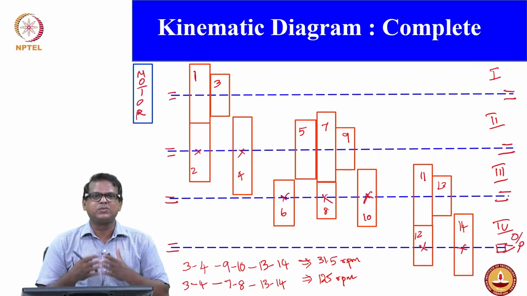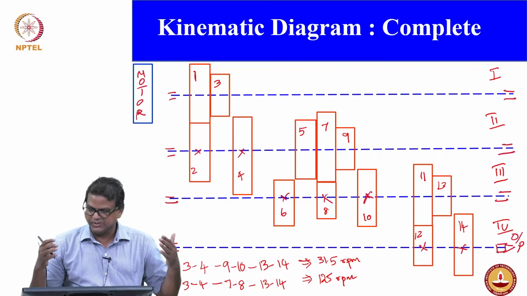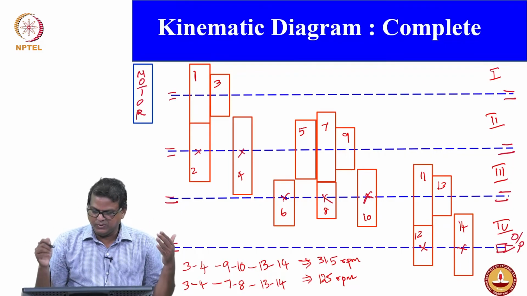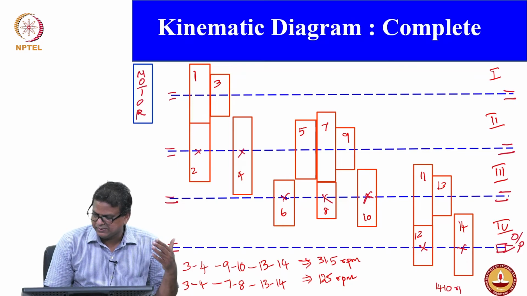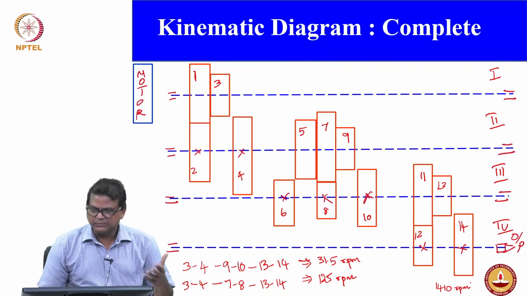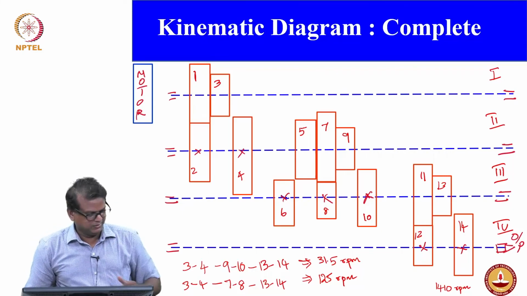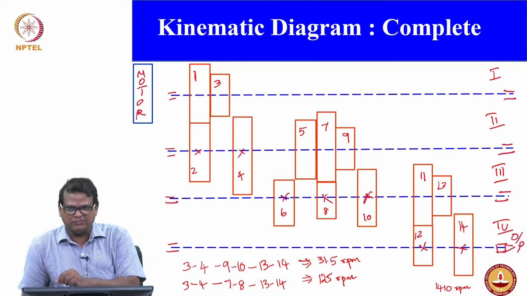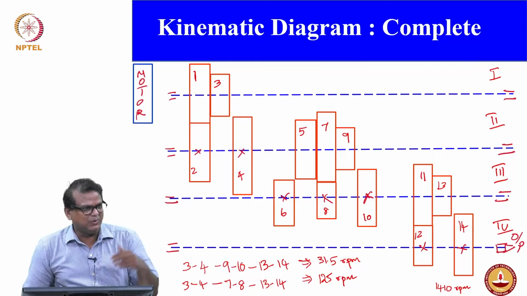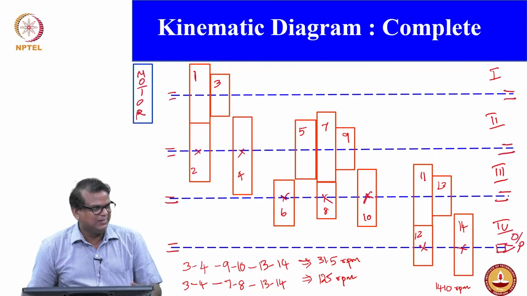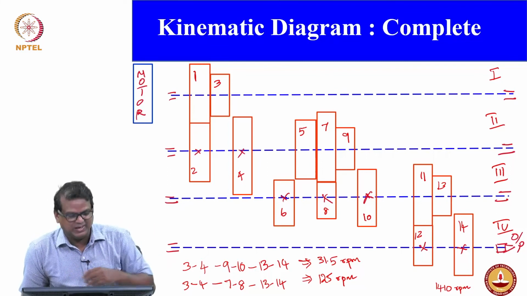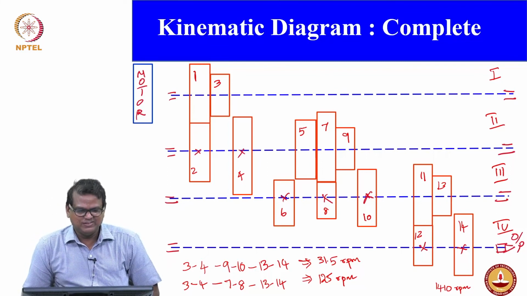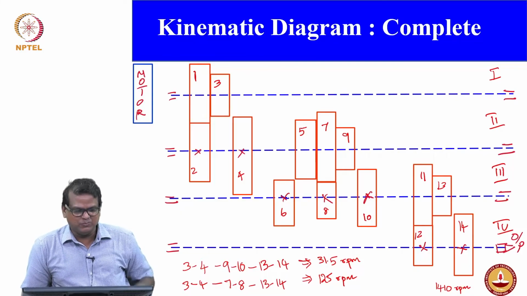So now, okay, maybe I'll ask one more question. How do I get 1410 rpm? So last thing, I want to get 1410 rpm. So can I have an answer for that? If I want to have a 1400 rpm maximum speed, because already we know that 31.5 is the lowest speed. We have taken the 125 rpm as an intermediate one. Now I want to choose the maximum speed. So what are the gears that must be engaged to get maximum speed? 1 to